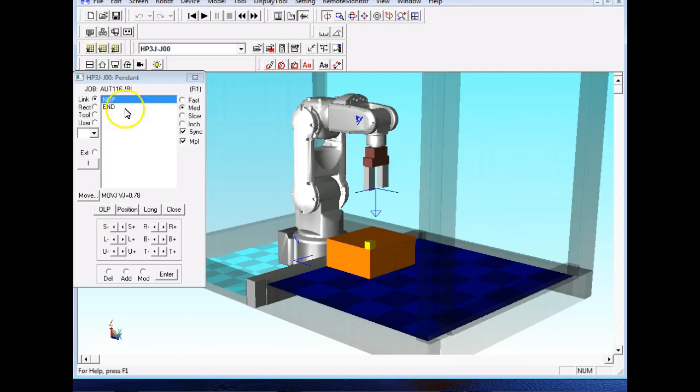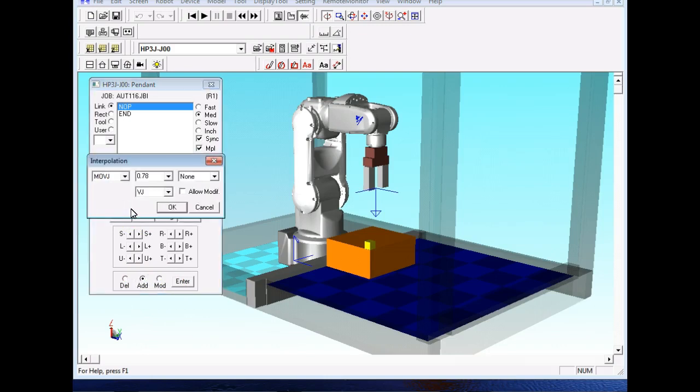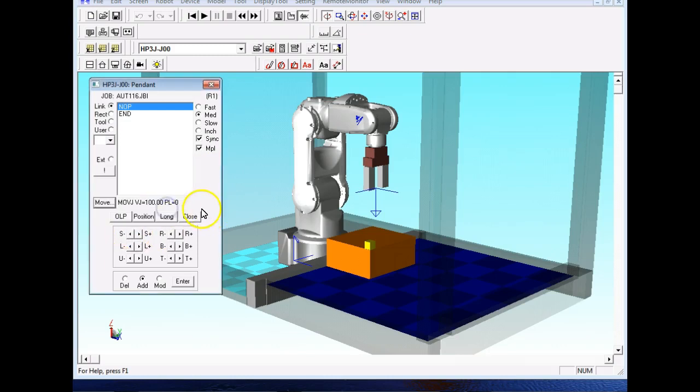And then what we do is we come up here, and this is a simulation of a teach pendant. And then we say, okay, we want to add a move. And what we do is we come up here, this is the moves available. And so we have three basic moves. We have what we call a joint move. And we specify speed, and we can specify what we call a round off, which we're not going to talk about right now. And then I can come up here, and when I enter this, it automatically enters that point